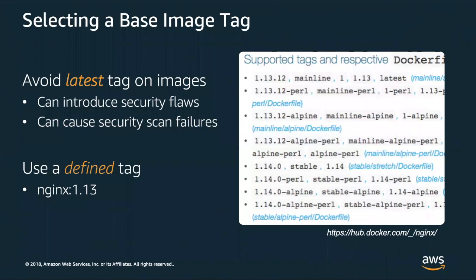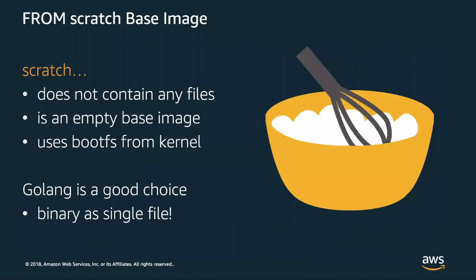Also, if you're doing security scanning on your containers prior to deploy, that may cause issues with your scanning tools. So it's always best to use a numeric tag. If you're building your own containers, building from scratch is the ultimate minimalist approach, in that your container starts off empty, and obviously with nothing in the container, there's nothing there to compromise. A lot of people use the Golang option because you then have your binary as a single file with everything statically linked into it. It's kind of the container version of a microvisor.